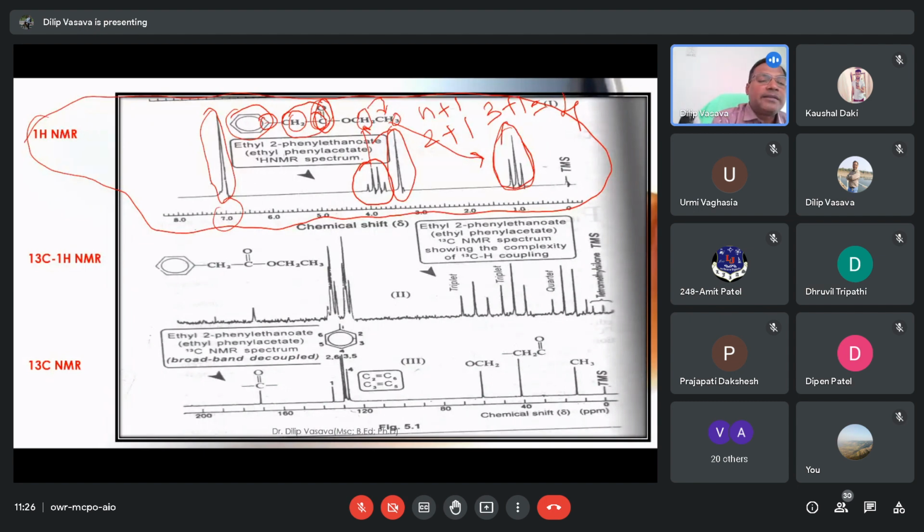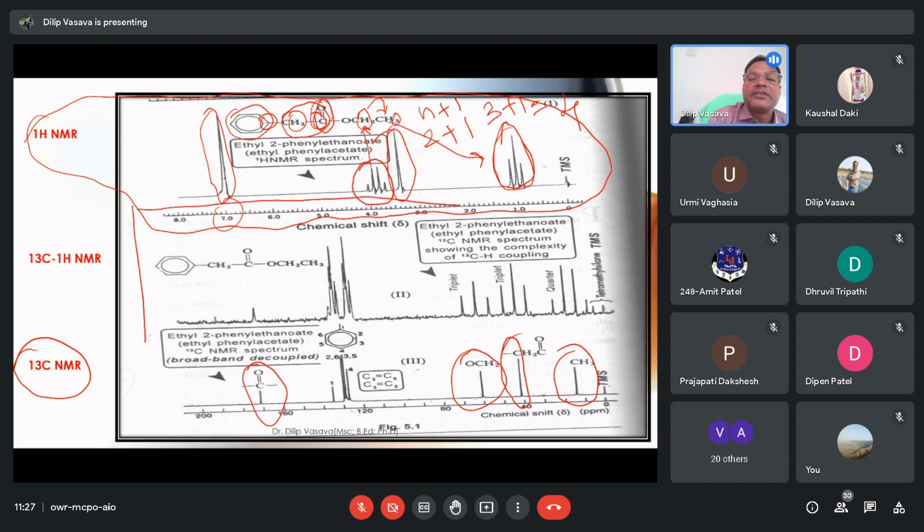Now this is the 13C NMR. In this we have already seen the carbonyl carbon. This is the value of the carbon, this is the other value of the carbon, and this is the methyl group. But this is the graph between it is mentioned, that is the